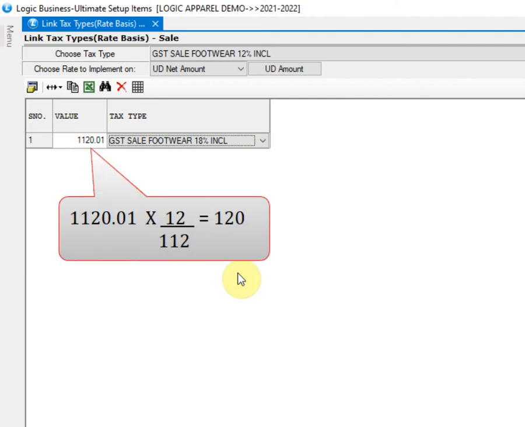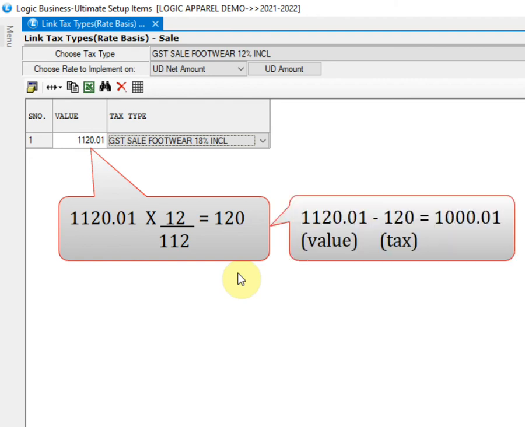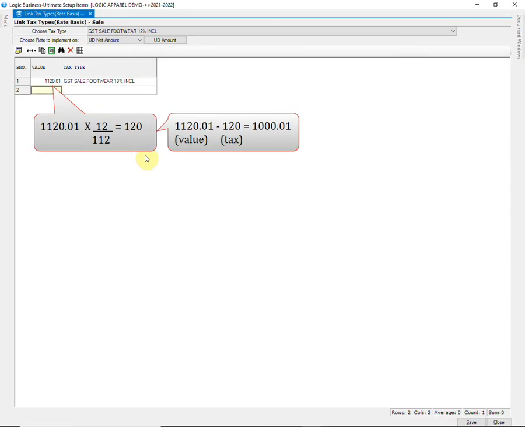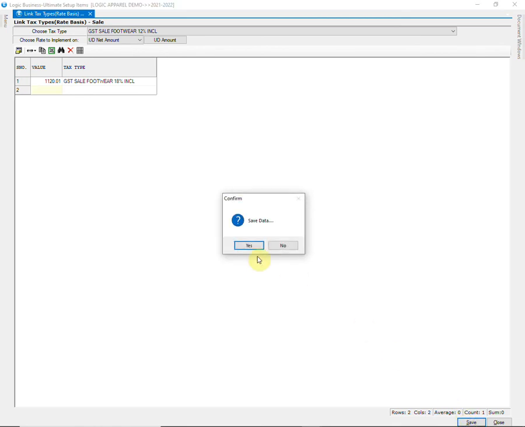It has been calculated as 1120.01 multiplied by 12 divided by 112, which equals 120. So, if we subtract 120 from 1120.01, it becomes equal to 1000.01. Therefore, the value of 1120.01 rupees has tax of 120 rupees included in it. Similarly, you can do it for IGST tax types as well.